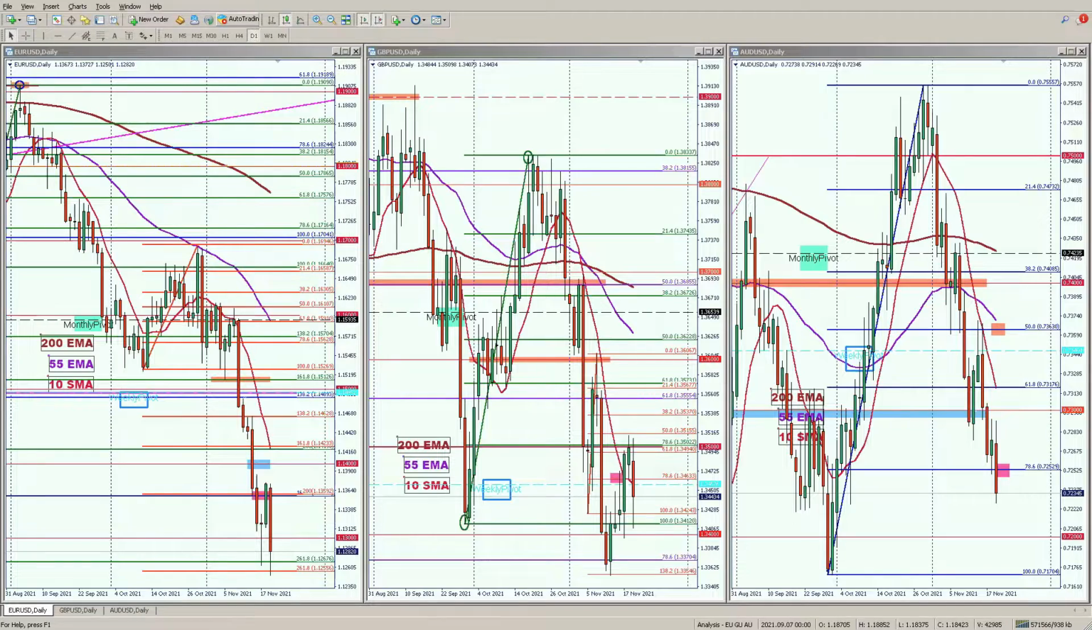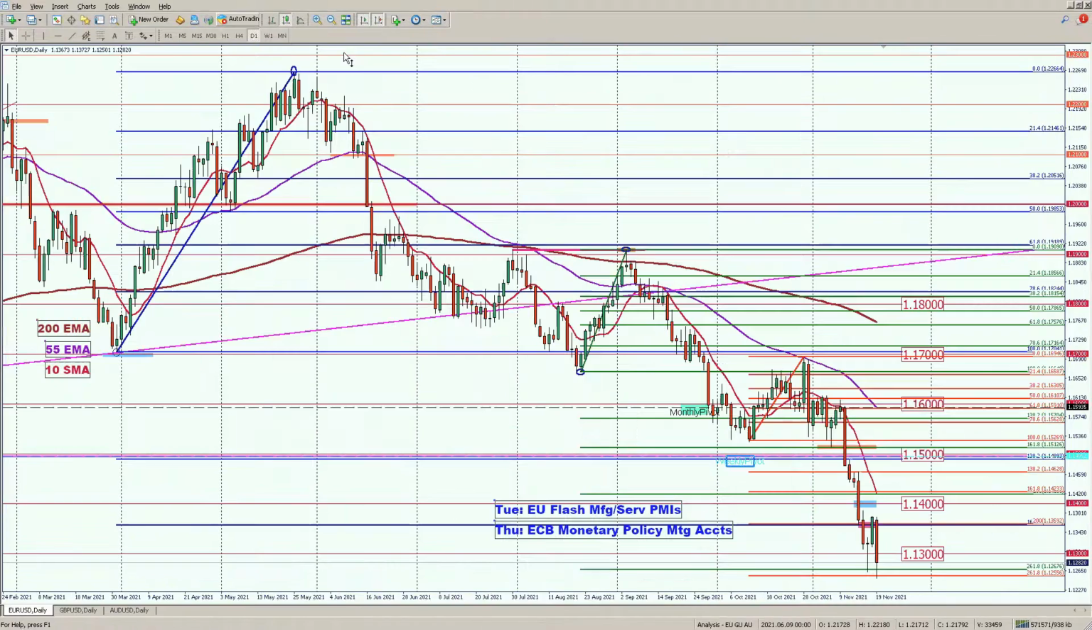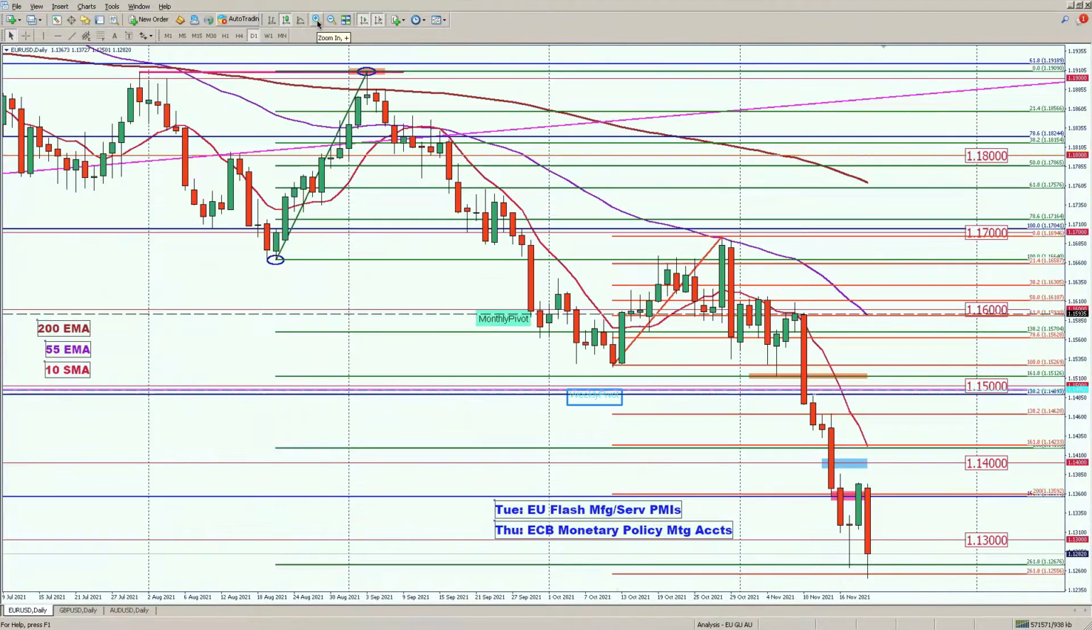And it's the weekly technical analysis for the Euro, the cable, and the Aussie dollar for the 4th week of November. And let's begin with Euro, where it continued to dive lower